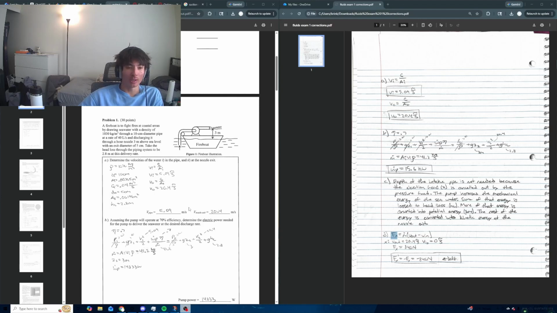I'll be redoing problem 1 of the first exam. So part A I actually got completely right, so there's no need to redo any of the work. But basically, to find the velocity of the intake and at the outtake, it's just a conservation of volumetric flow